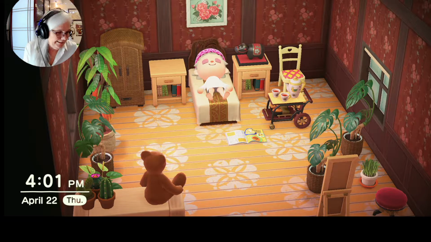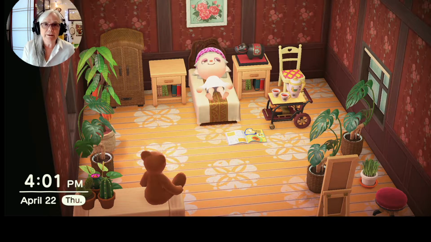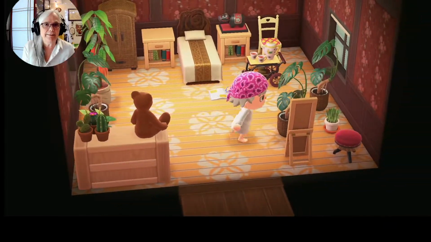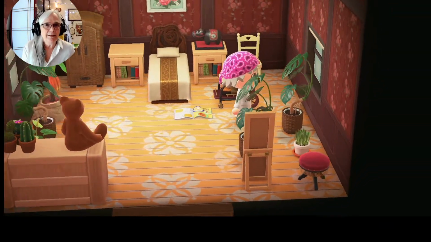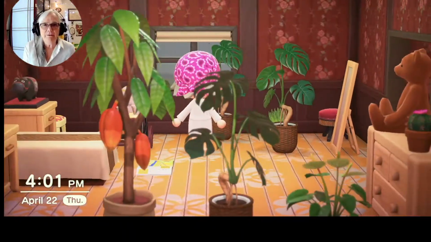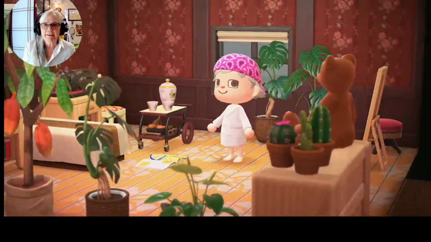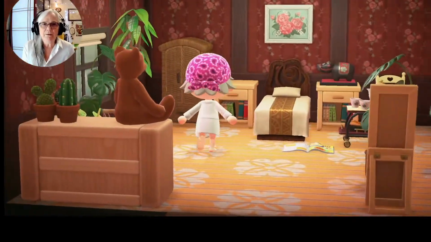We have a plan. In this plan, we're going to explain about dreaming. Now, in Animal Crossing, you can dream and go to someone else's island. So we're going to teach you all about that. But first, let's see what kind of day it is. What kind of day is it? Oh dear. We seem to have way too many plants in here, but it is pouring rain. So we're going to need to get dressed and go out in the pouring rain.